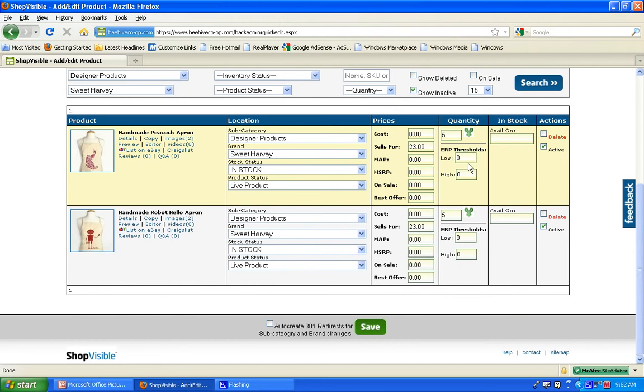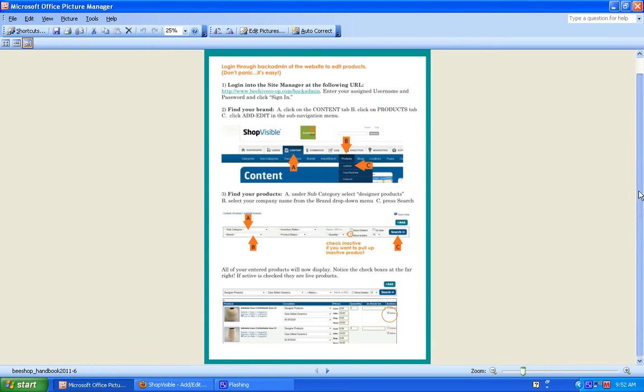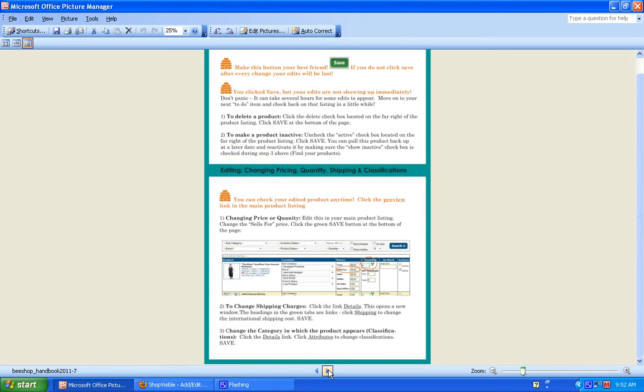This screen is also where you change the price right here, sells for. You just enter your new numeric value in there and click Save. If you wanted to change the quantity, you change it right here and click Save. And there you have it. Deleting, active and inactive, sales price, and quantity. Okay, going back to the manual. We'll be moving on to page 2. We cover deleting, active and inactive,